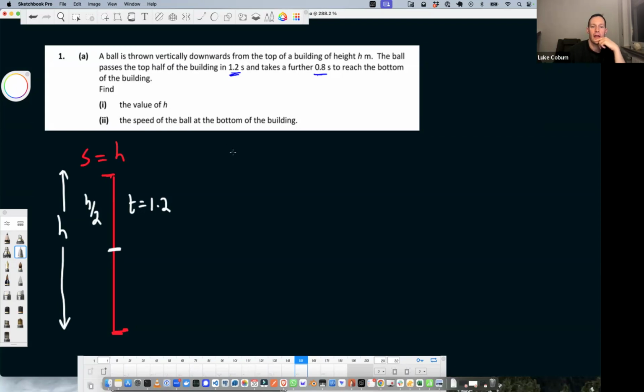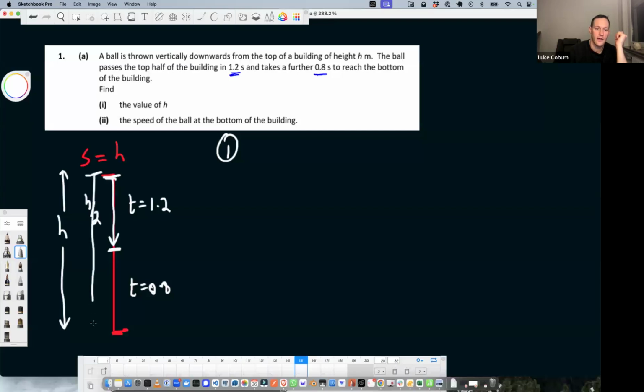Okay, and then it takes another 0.8 seconds to finish off the journey at the bottom. Okay, so now what I'm going to do is consider 2 parts of the journey, from here to here and